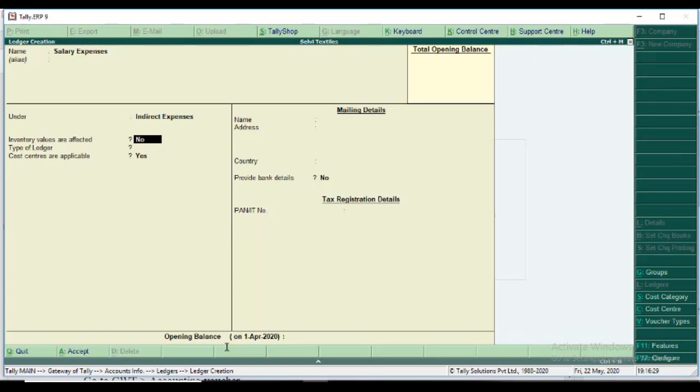It does not affect the inventory value, but it is applicable for cost center calculation. So yes, cost centers are applicable, the enabling option, yes. The fourth ledger is coffee expenses.